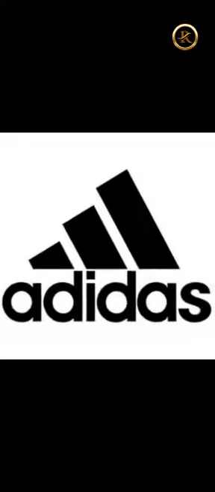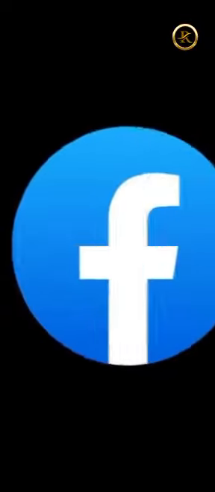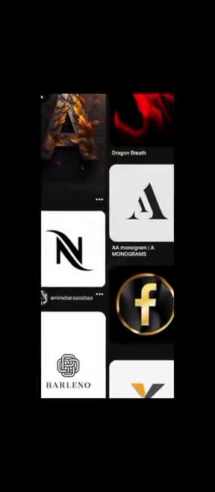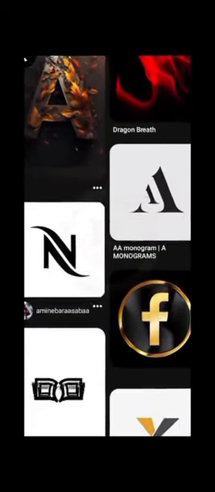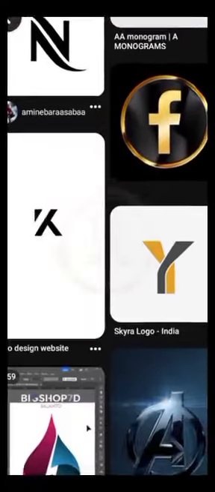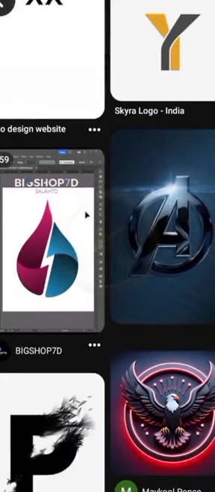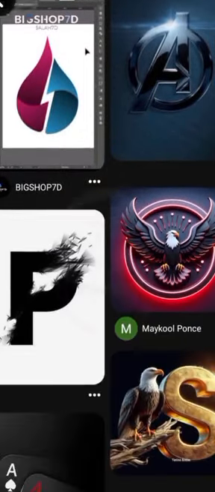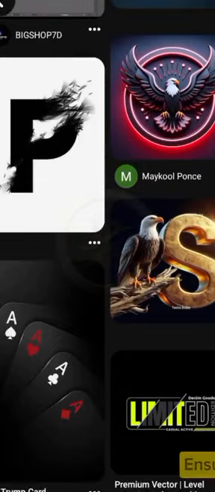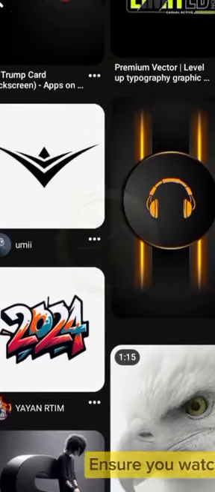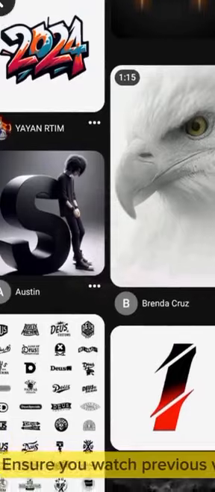A logo is a unique and recognizable graphic symbol, emblem, or design that represents a business, organization, brand, or an individual. And there are characteristics of a good logo that you must know before we start. One of it is that it should be simple, it should be unique, it should be consistent, and it should